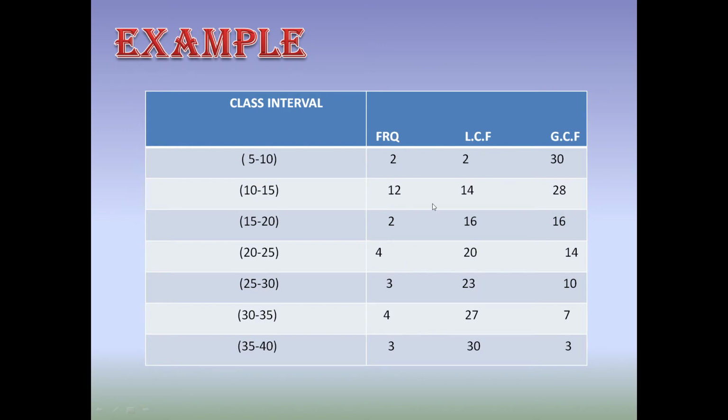This is the frequency. How are we going to write these less than cumulative frequency values? This is very important. From ascending order to descending order. 5 to 10, how many are there? 2. 10 to 15, how many are there? 12. That means, what is the cumulative frequency value of 10 to 15? Already the 5 to 10 members are there, so these two must also be in this class interval. That is 2 plus 12, totally 14. Next one, 15 to 20. How many are there?